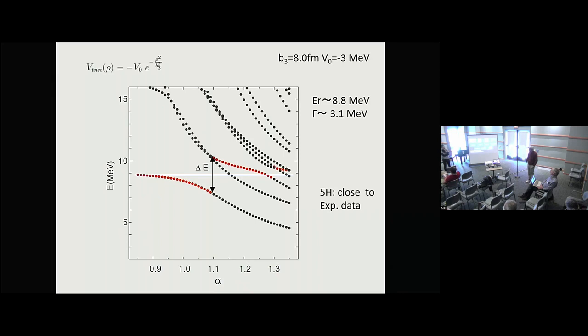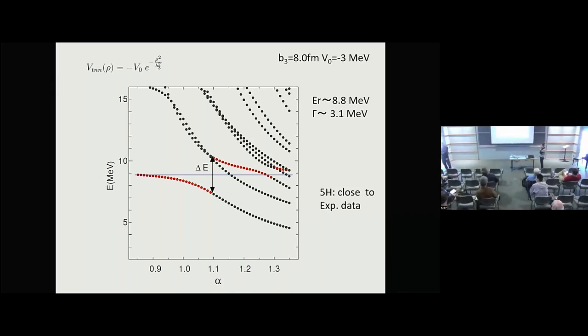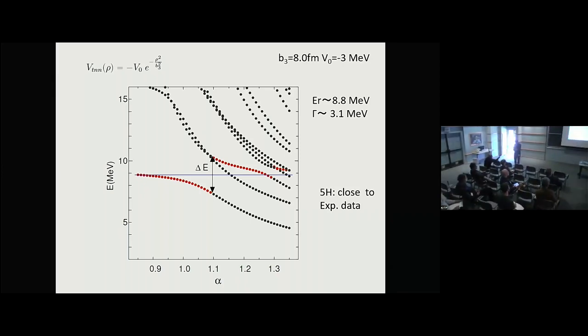One more question, one more comment. On this hydrogen 5 and hydrogen 7, can you estimate the effect of the size of the triton core? Triton is now frozen. Yes, I understand, but it has a dynamics. I mean, the overlap of the neutrons is small. So that means triton and two neutrons inside the hydrogen 5. I didn't calculate it because this is a very broad resonance state, and it was difficult to get the wave function.